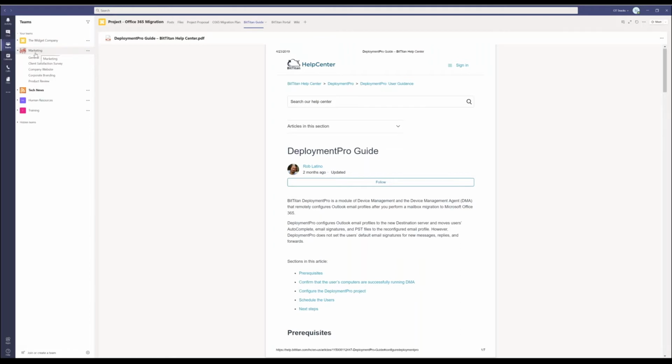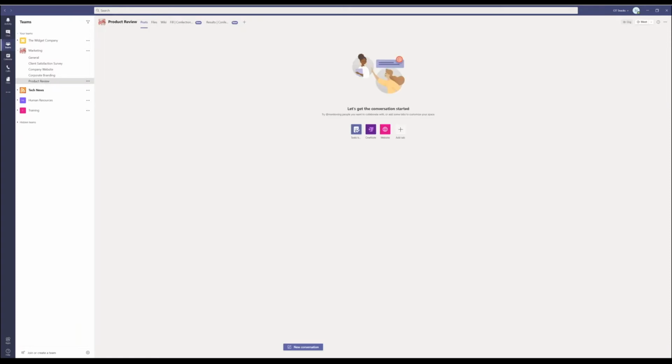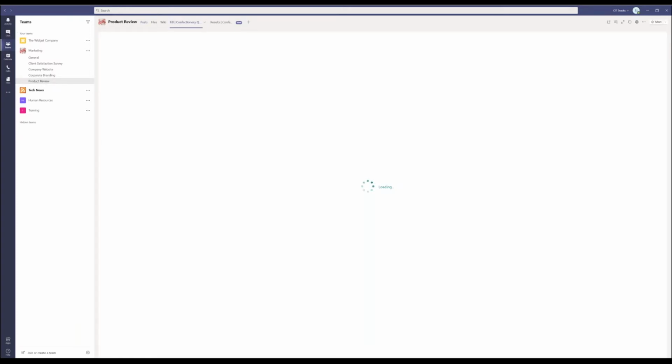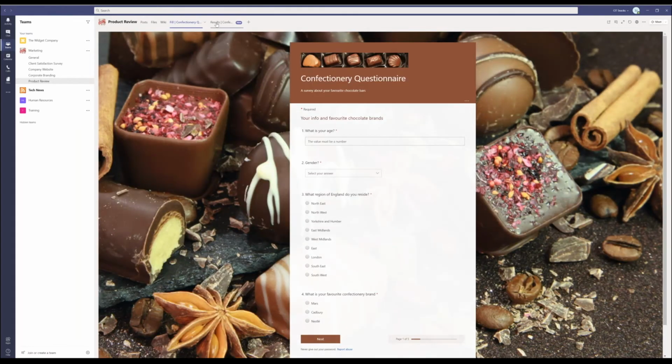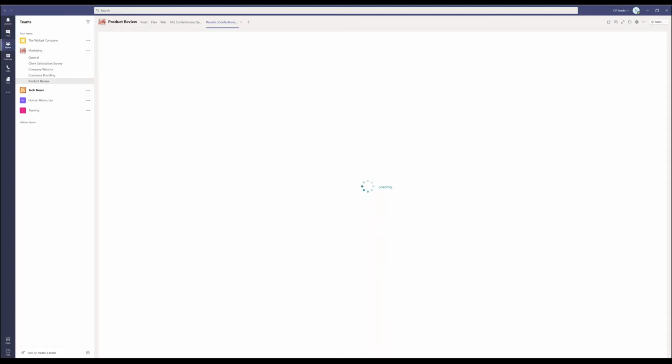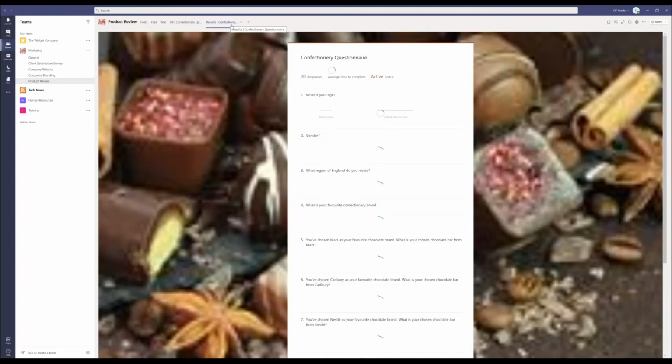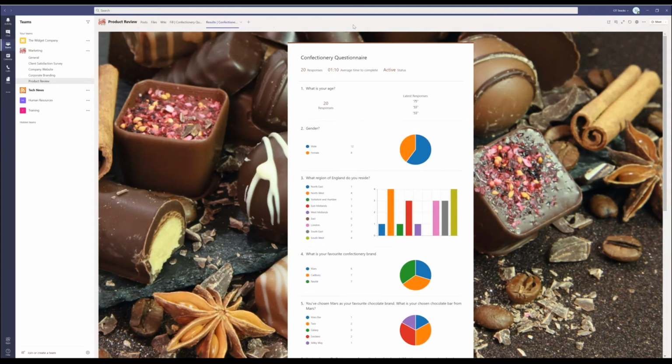And then maybe for an internal marketing team, you might have different channels, one for surveys, one for developing a company website, one for corporate branding, maybe one for product review. And in here we might have sort of forms and product review. So this is using Microsoft Forms that we can link in, about certain things we can do, and then we can look at results we've got from that by linking it all in. If you kind of get the idea, if we add lots of tabs along the top, we can bring a lot of stuff together.